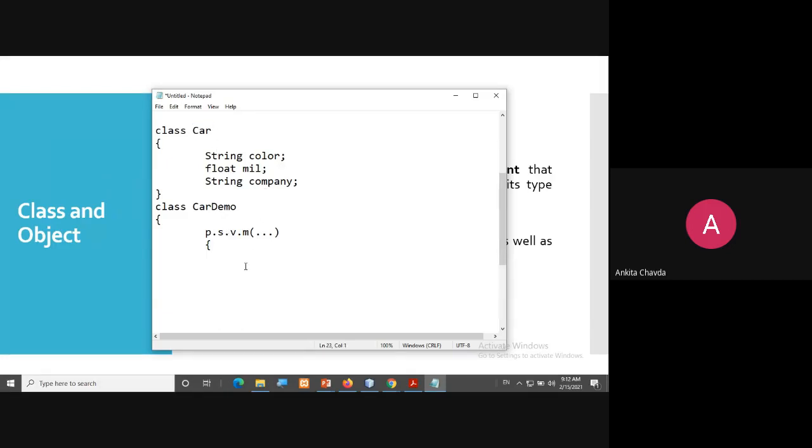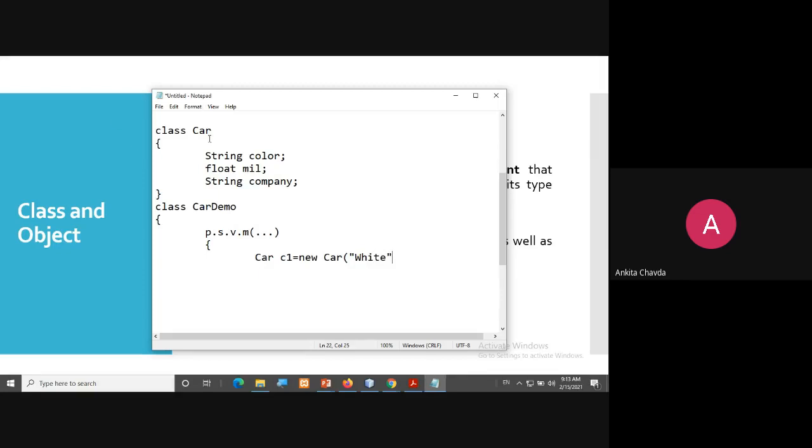So here I'm creating an object of car, that is Car C1 equals new Car. And here I'm giving the details. Suppose in the parameterized constructor the color of my car is white, the name of my car, very first